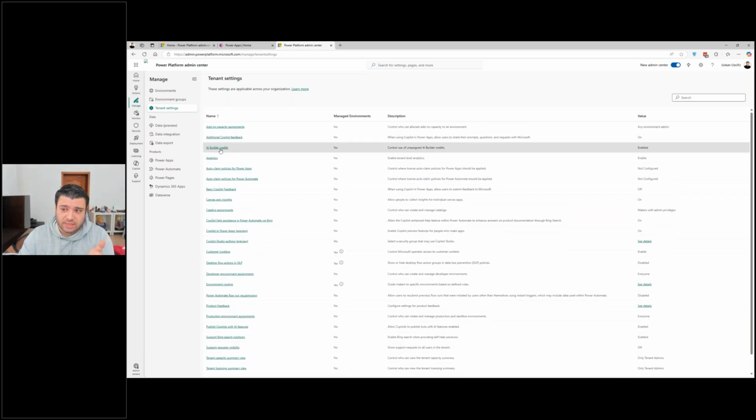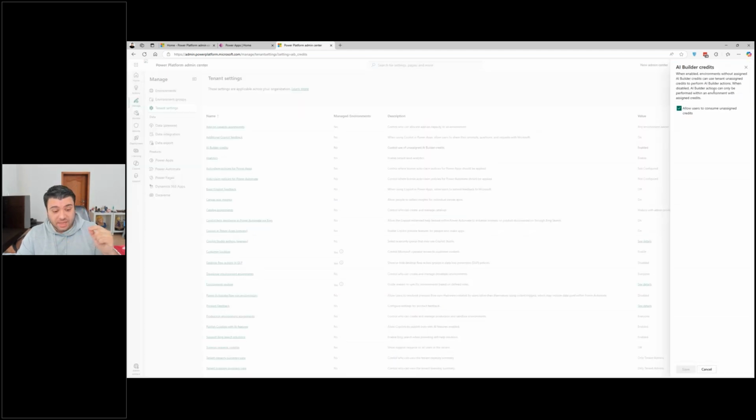One of them is this one, the AI Builder credits. You can enable or disable the AI Builder credits for a person that has already consumed a lot, and if there are unassigned credits, they can also consume that. So allow users to consume unassigned credits. Well, maybe you will say no, maybe you will say yes. It all depends, because AI Builder credits are not cheap and they consume a lot. So if you are like me, you love building apps consuming AI for metadata extraction, or if you want to scan an invoice and then extract all the data of it, all those AI Builder capabilities will consume a lot of credit.